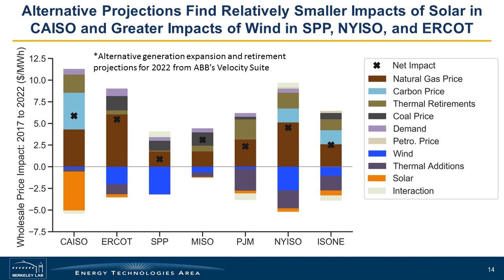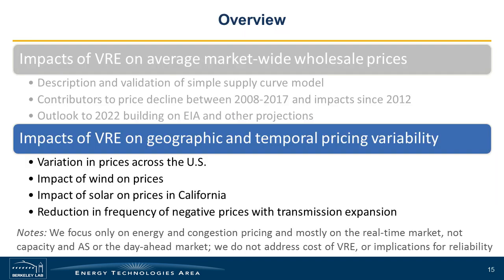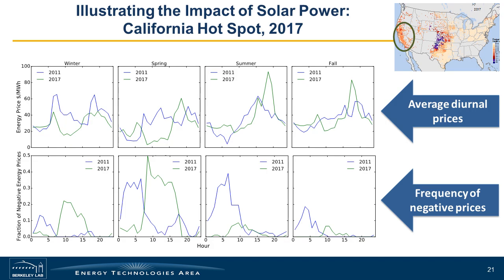That said, when we did look at California, there was an interesting trend that stands out and was somewhat unique, again in 2017. There's a suggestion that not only has solar shifted the timing of price spikes, but that the positive price spikes might actually be higher in magnitude in 2017. We talk about this in the paper, where we did diagnostics trying to figure out whether these price spikes were correlated with solar ramps. What we found was that they do happen around the time that solar is ramping,